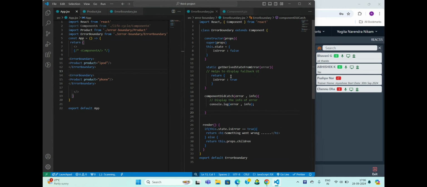For example, state was inbuilt in the class based component. It was not possible to have inbuilt state in the functional based. So the developers who developed React made a hook called the useState hook so that you are able to use it in functional based. Similarly, for now we don't have a ready-made hook for that.